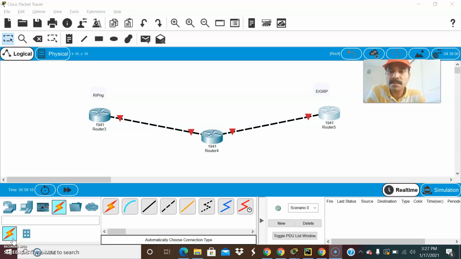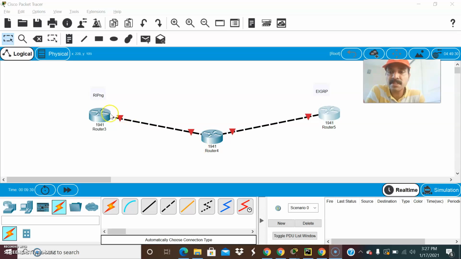And today let us discuss how to configure IPv6 redistribution between RIP-NG and EIGRP. So these are three routers, and on this router I am going to configure RIP-NG, and on this router I am going to configure EIGRP. And this router should be the border router, which always performs redistribution between RIP-NG and EIGRP. So there should always be one redistribution point for performing the redistribution.